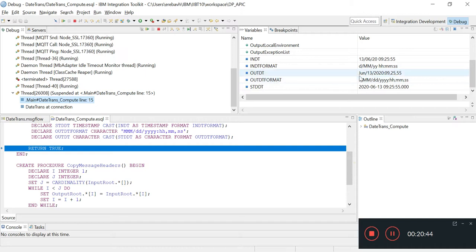You can see here output date is June, JUN, then day, and 2020 is the year, then 09, 25, and 59. So friends, this is how you work on date transformation.